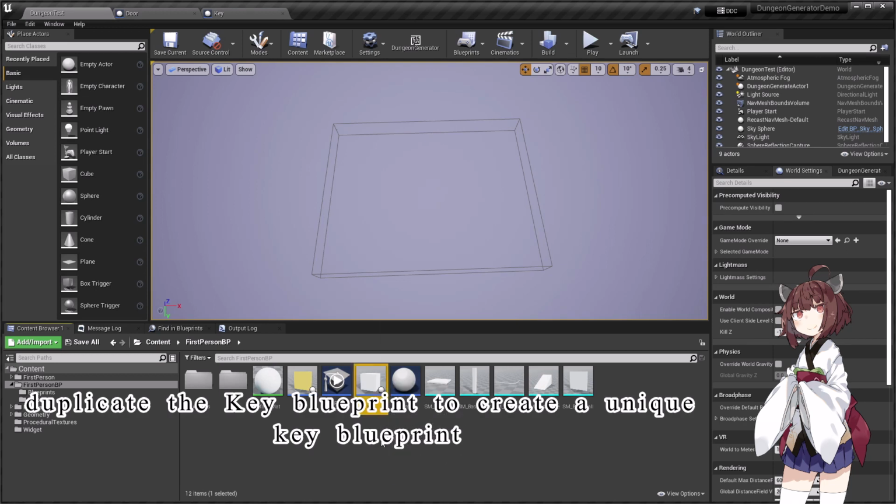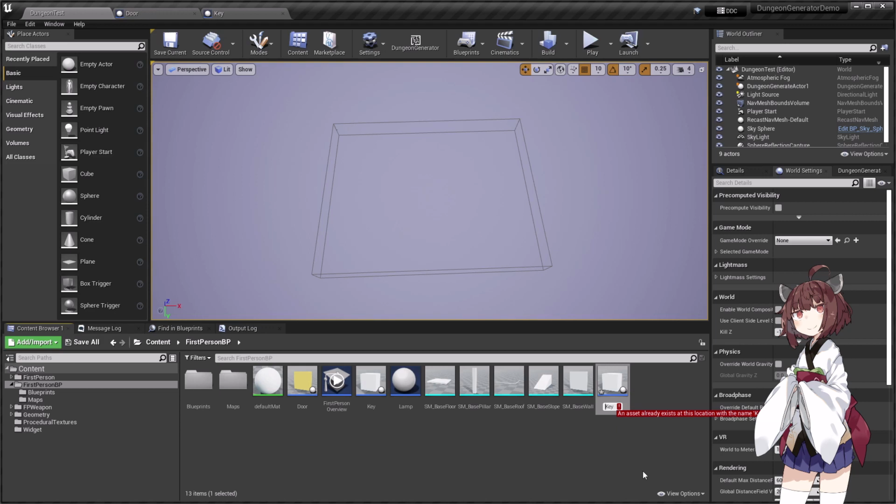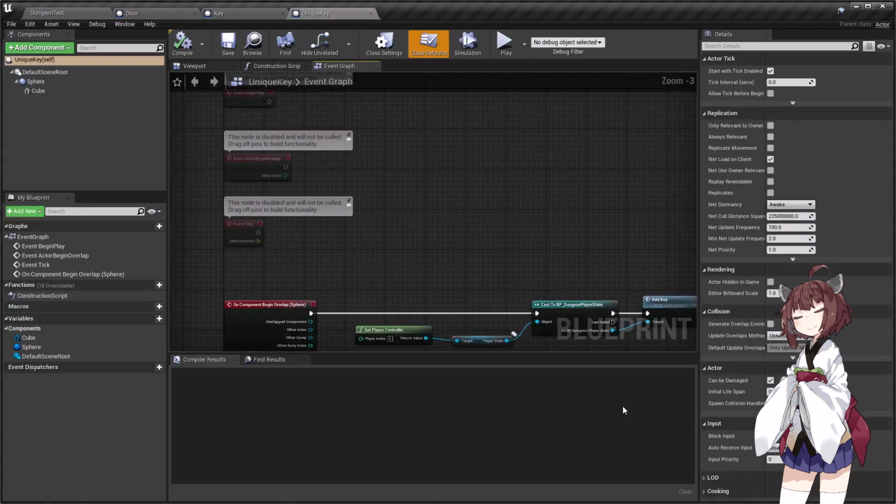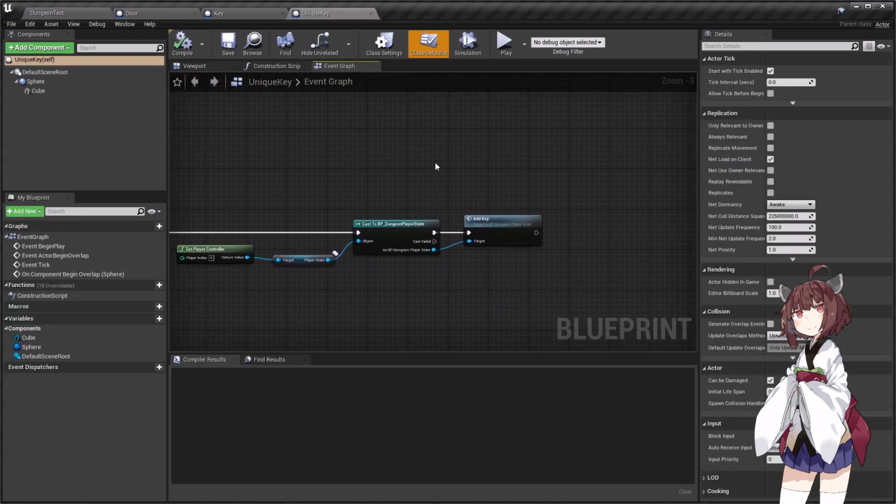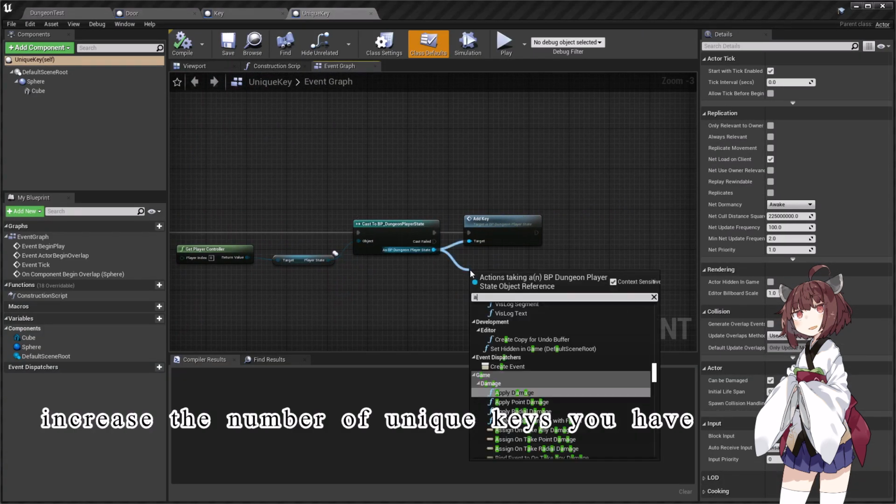Duplicate the key blueprint to create a unique key blueprint. Increase the number of unique keys you have.